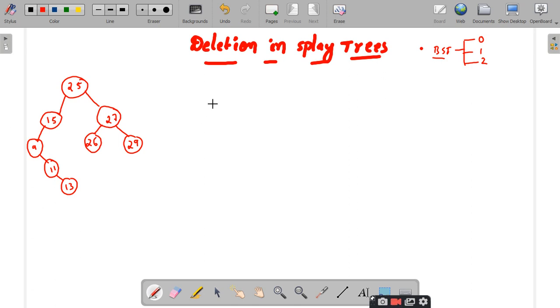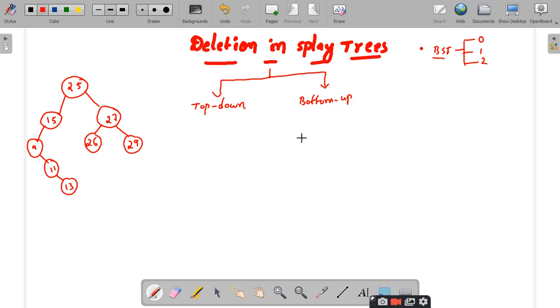Before this deletion, one more important point: deletion in the splay tree can be done in two ways. One is the top down approach, and the second one is the bottom up approach, right?